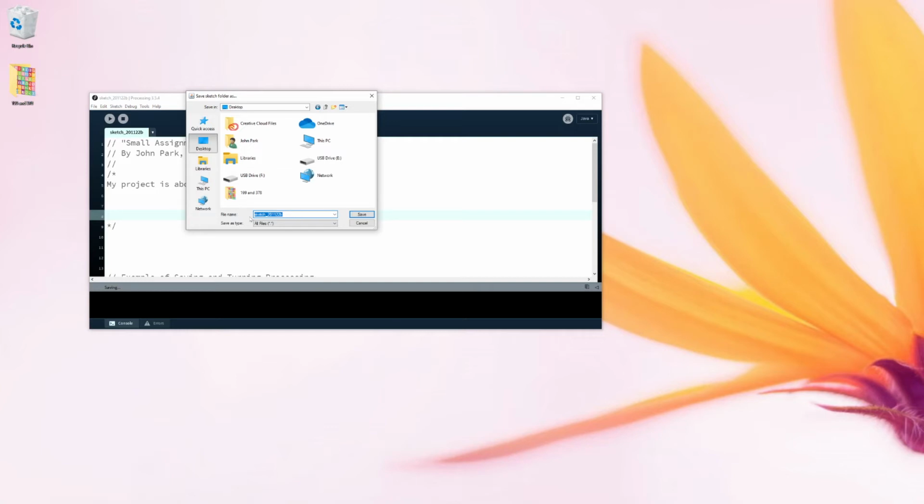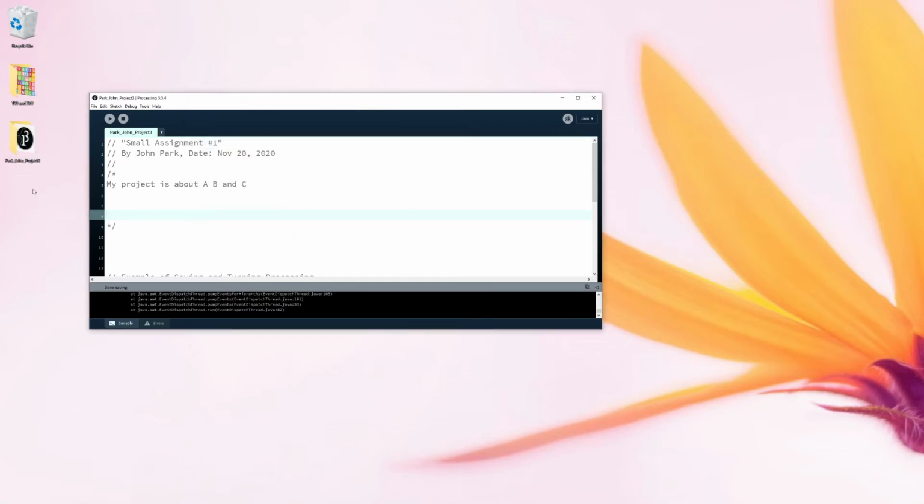Now, whatever name you give here for your sketch, processing will create a whole folder that has the same name. And I really want you to get in the habit of putting in your last name, underscore, first name, underscore, and then what assignment or project this is. So I'm going to say this is project 3. Okay, now, as soon as I go ahead and save that as my last name, first name, project 3, boom,